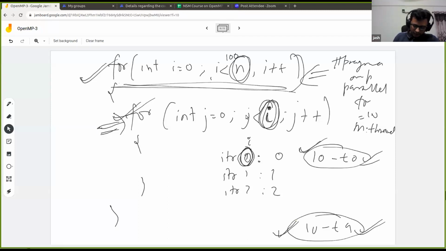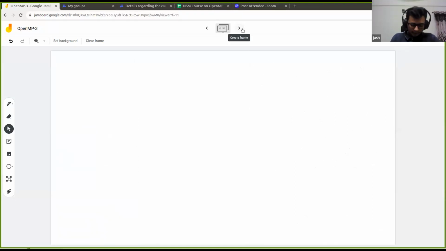So just to make it more visual, this is the case, right? This is the amount of work that we do in the first iteration, the amount of work we do in the second iteration, the amount of work we do in the third iteration, and so on. So this keeps on increasing.